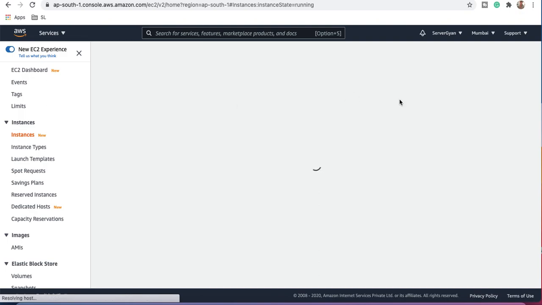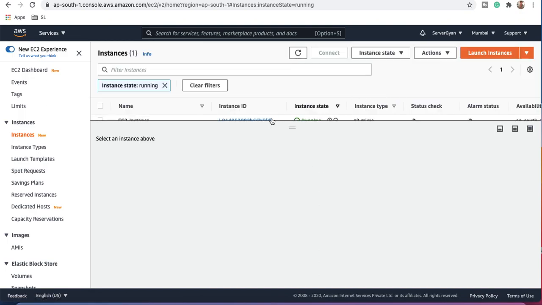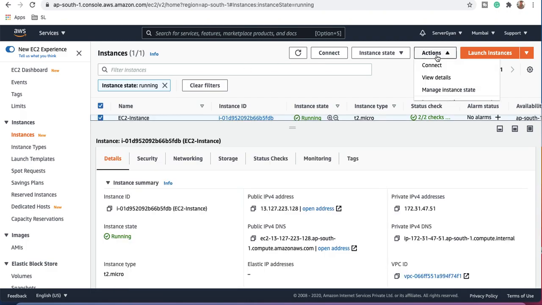Let us say I have an already created instance here. I'll select this instance. With this selected, I'll go to manage instance state, instance settings, networking, security, manage images and templates. Moreover, we have instance state and connect. So these are the particular options. If I go to actions, what is going to happen?